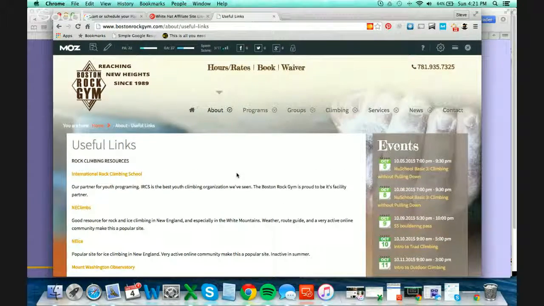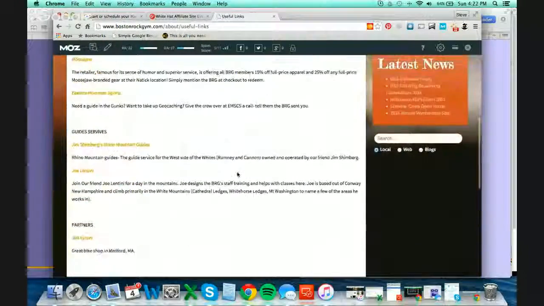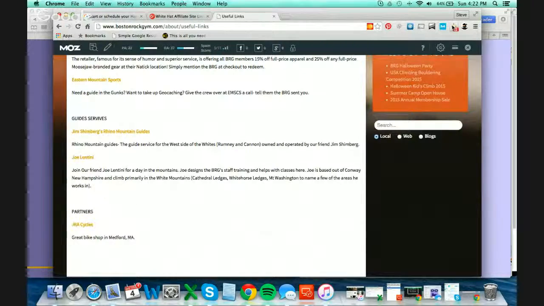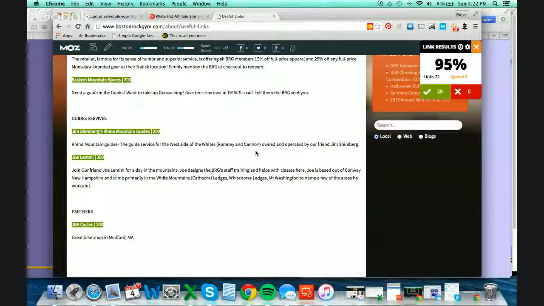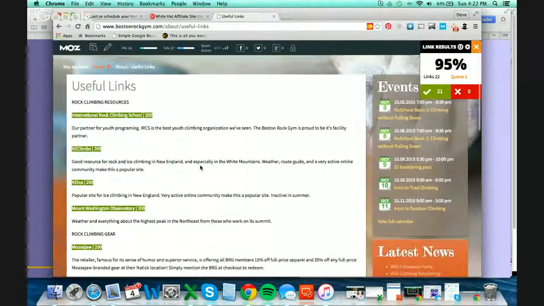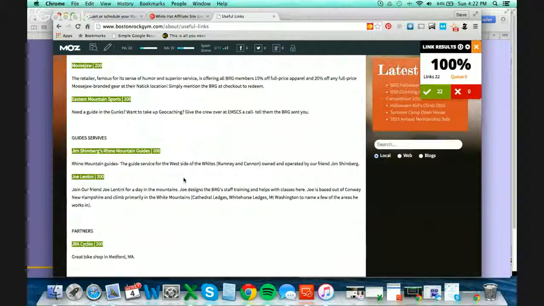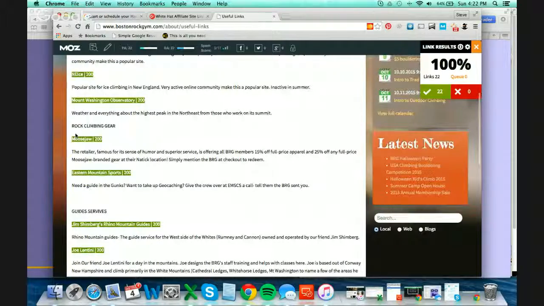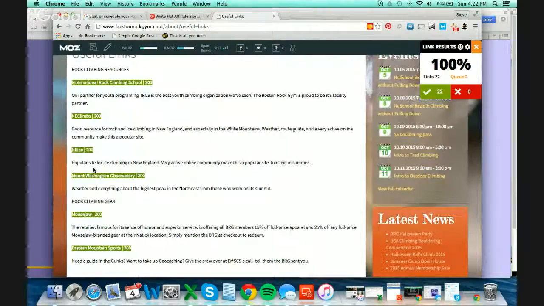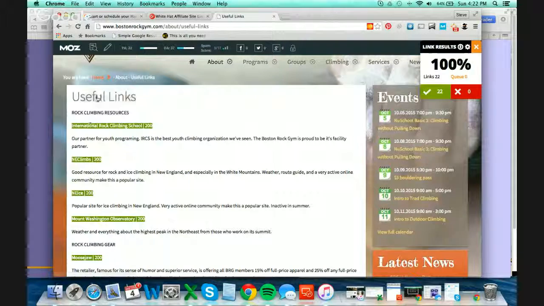Okay, this is about rock climbing, so this is related to rock climbing. Kind of similar, not really. No broken links on the site. And this is basically, it's got some things about rock climbing gear, rock climbing resources. So your best bet to approach a site like this, and this is a little bit different